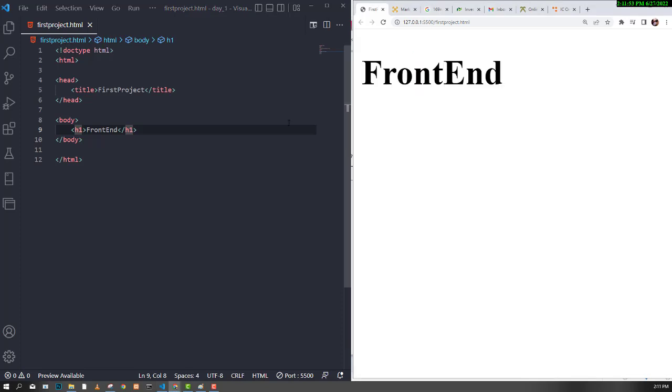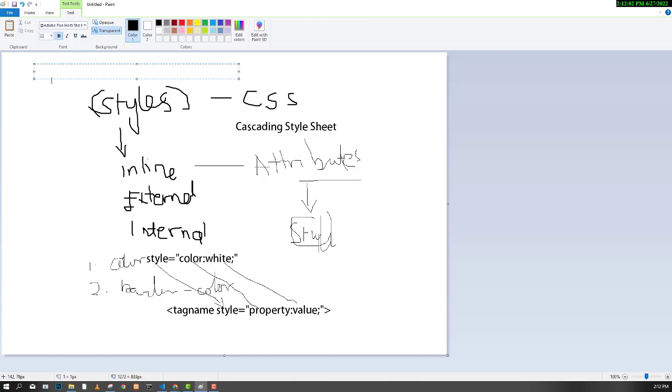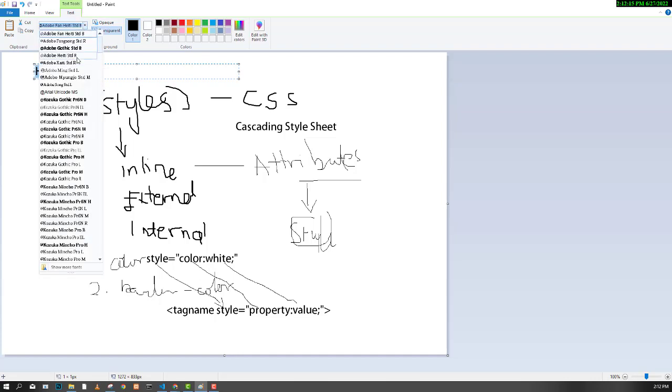I want a different font style. So in Word, or in a Paint application, if I type hello, you can see this is a font style, or font family. If I put it here, you can see font family. I can change the font family to